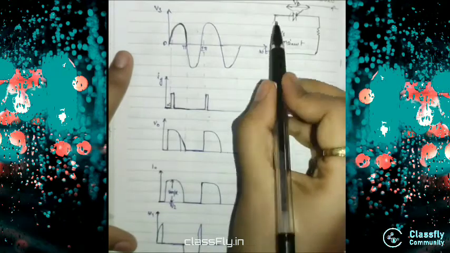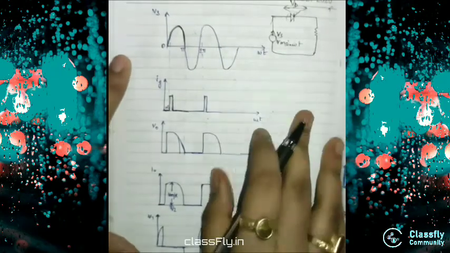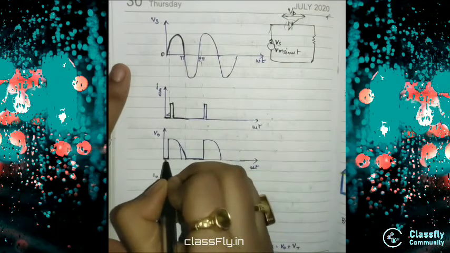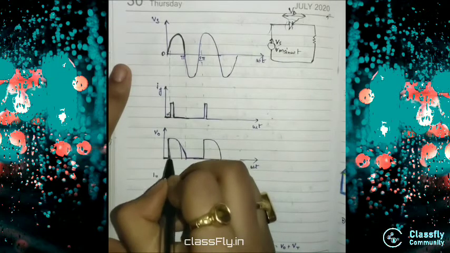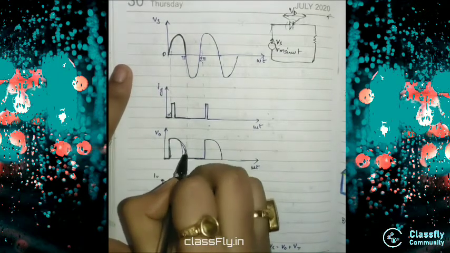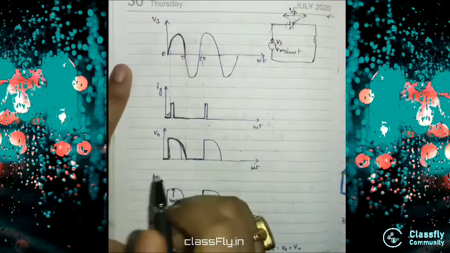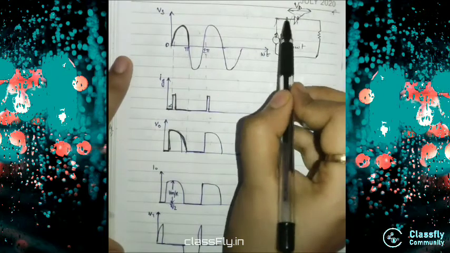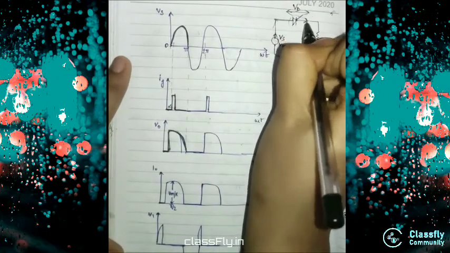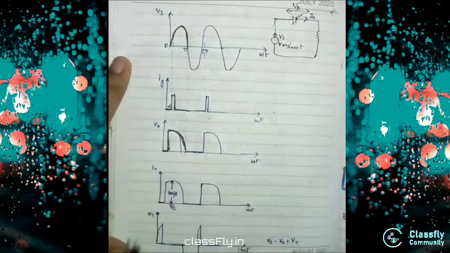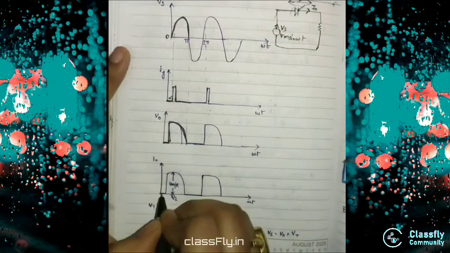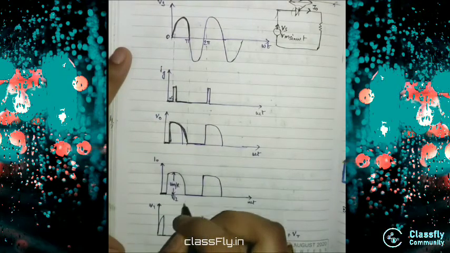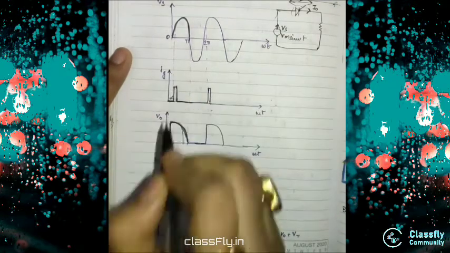Now see, when the supply is given but the firing angle is not there, at that point the voltage is dropping. So it will be like this, but as it gets the triggering, that is firing, it has a sine wave like this. Now see, the current will not be moving until it gets the firing edge, right? So the output will be nothing in the starting when there is the voltage drop, right? So it will be 0, that means it will be on the line, and then it will again get it when there is this firing angle.